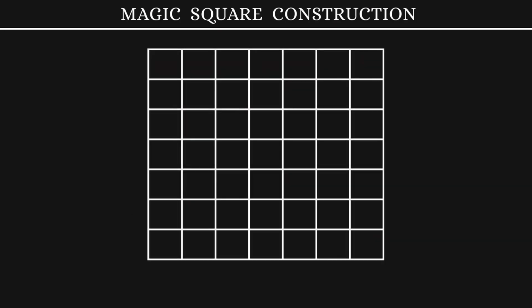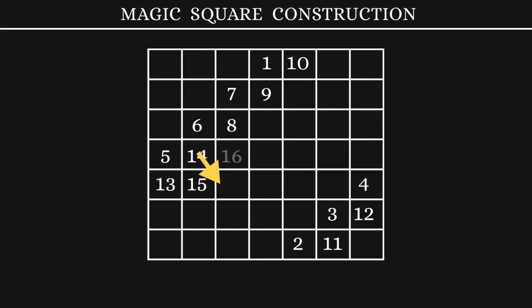Finally, we'll see how to construct a 7 by 7 magic square. We'll start from 1, 2, 3, 4, 5, 6, 7, 8, 9, 10, 11, 12, 13, 14, 15, 16, 17,